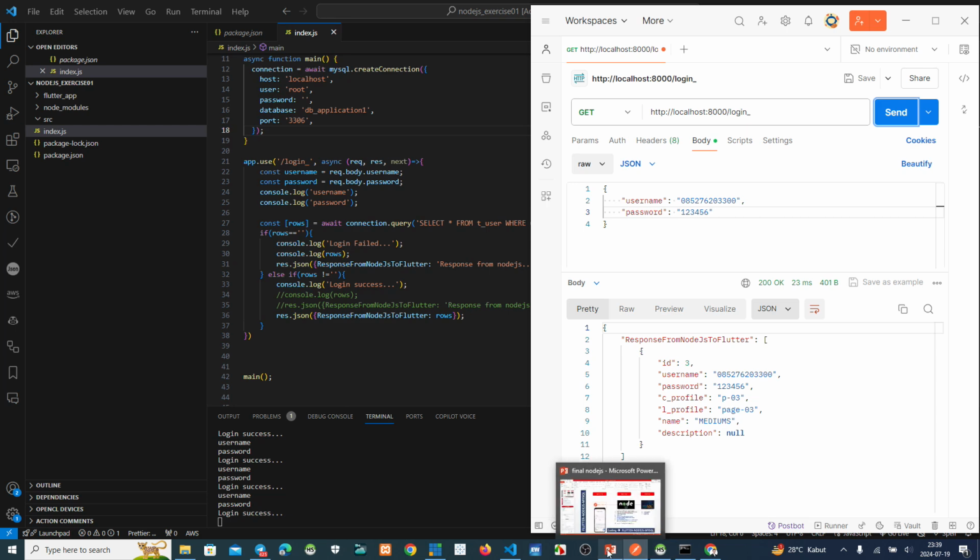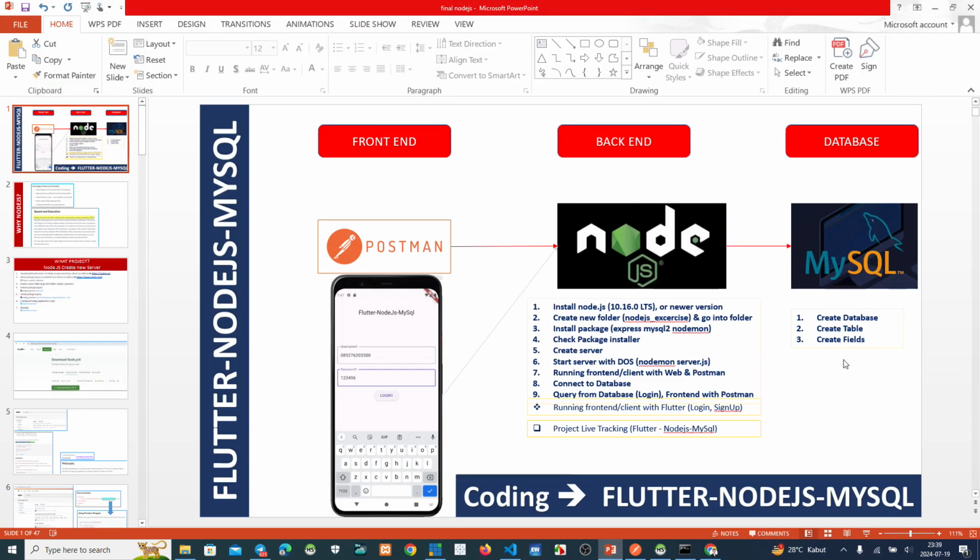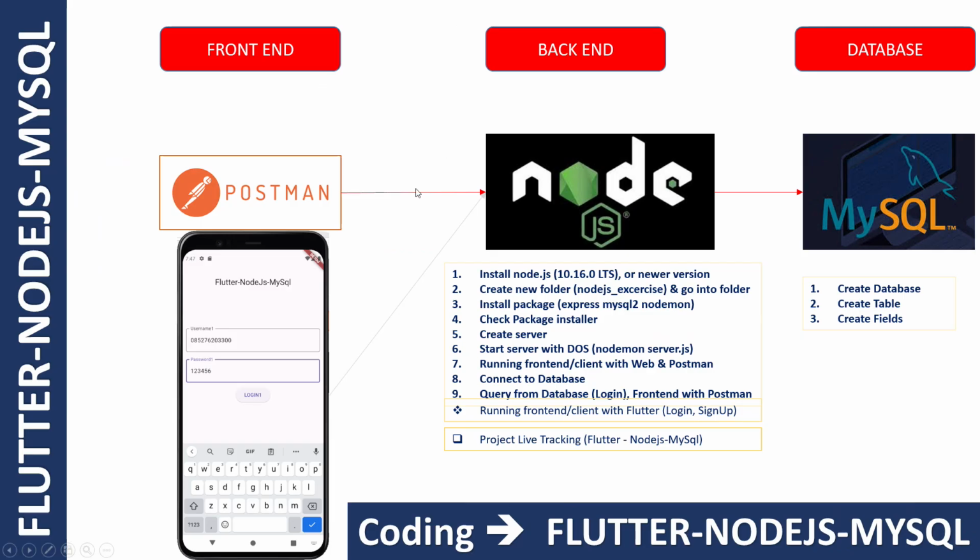Okay, now we want to go back to my presentation before we continue to the next. Okay, we have run this one until number 9, database login front end by using Postman. But we cannot send parameters by using a browser without developing the front end.